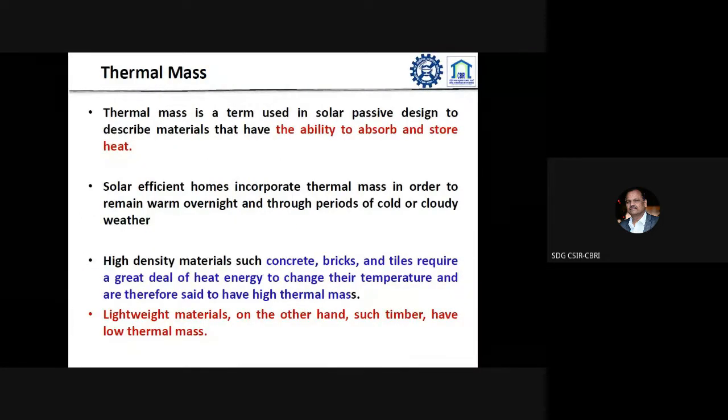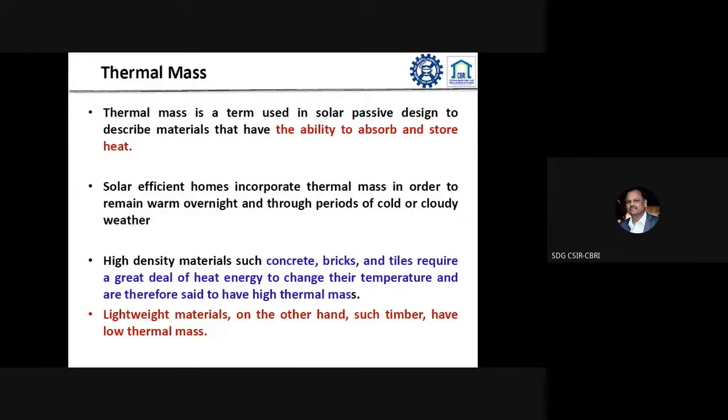As I mentioned, thermal mass plays an important role, because if heavy mass is there, solar passive house designs describe the material as having the ability to absorb more and store the heat, but it should not store it for more than 12 hours. That means if the time lag is more than 12 hours, the stored heat doesn't go outside, doesn't get dissipated, but the next day the heat joins hands with the stored heat, and again it will heat. That's why we have to design a building envelope in such a way that the time lag is optimum. It should be as large as possible, but not more than 12 hours.